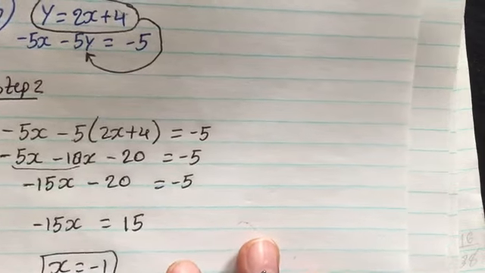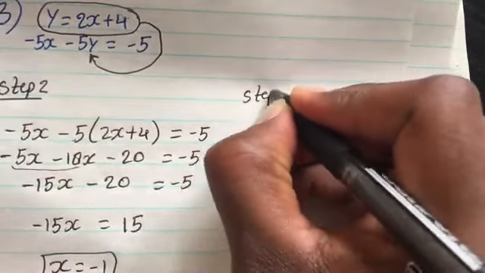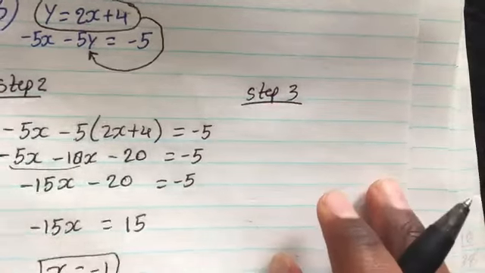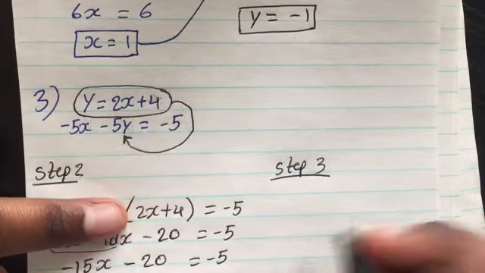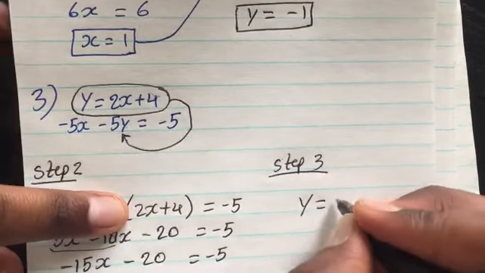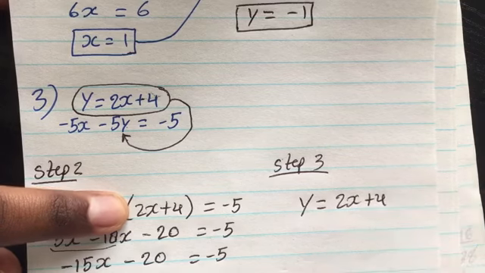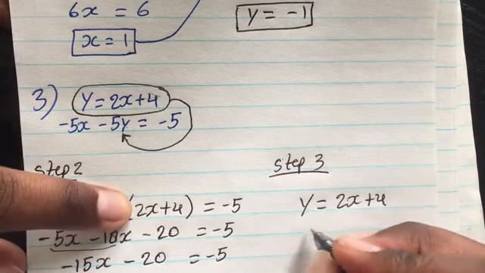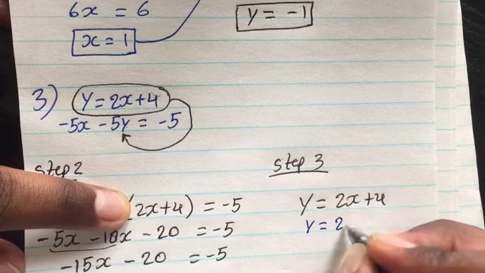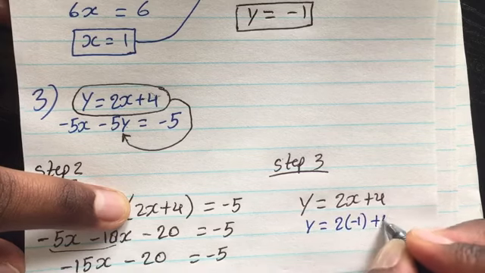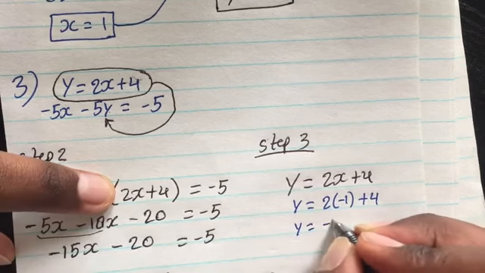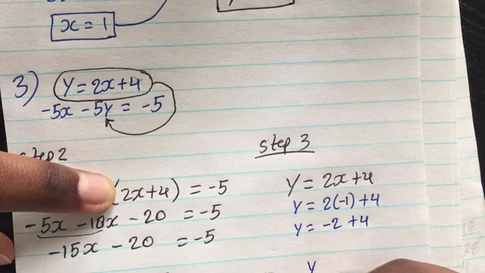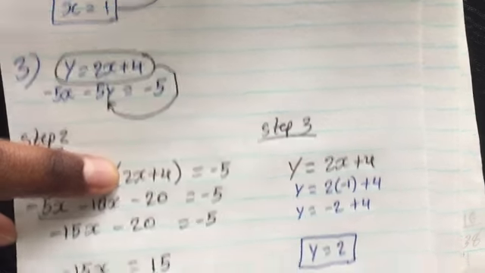Now, step 3. We'll take this value and substitute into the first equation. It's easier to solve for y there. So that means y equals 2 times your x value plus 4. y equals negative 2 plus 4, which means y equals positive 2. So the solution would be negative 1